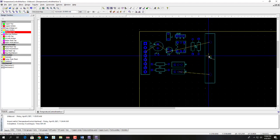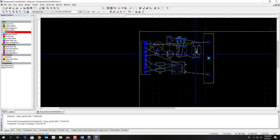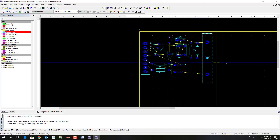I could probably tweak this a little bit more, bring these parts closer and make the board even smaller, but let's say I'm going to stay with that. Now, again, I could spend more time making this even smaller and tighter, but just for the interest of time, I'm going to just leave it as it is. So once you have the parts pretty much tightened up, the next thing to do is to take the board